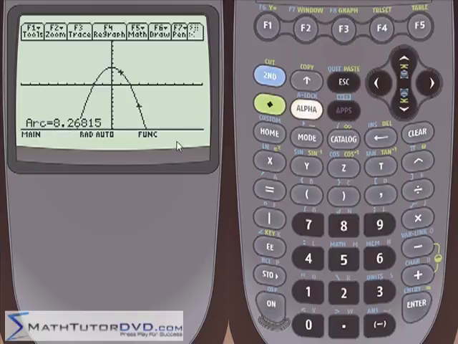And that's really all there is to calculating arc length. It's just a nice function and feature to test your work in calculus, to check your work. Usually in calculus you have to do